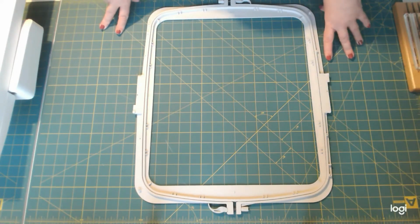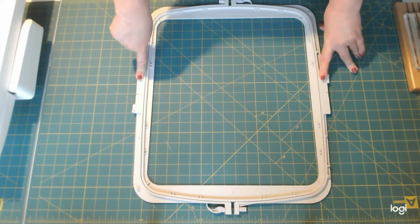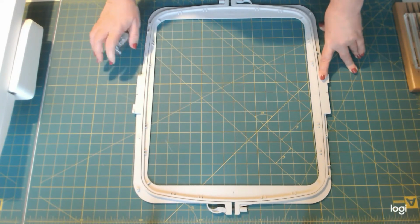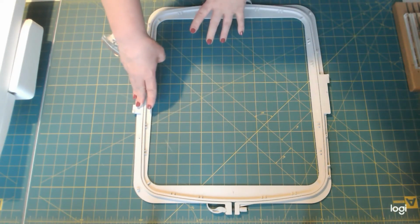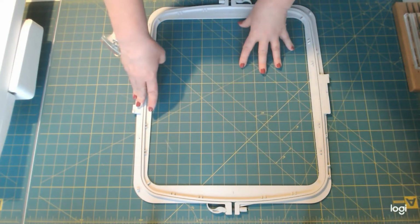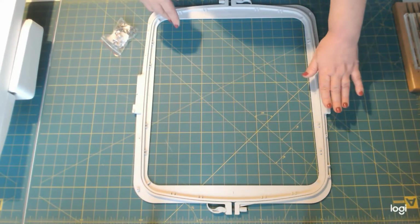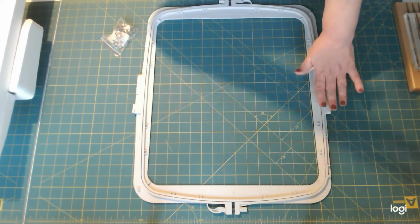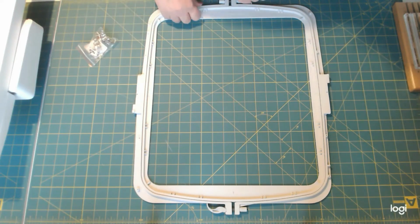So this hoop's unusual because it has two attachment points to go on the machine. The idea is you put it on the machine, this side, and you do this side of the design, and then you spin the whole thing 180 degrees. It's put on the machine with that side, and you do the other half of the design, and the whole thing can be done without having to re-hoop. You've got two quick releases,